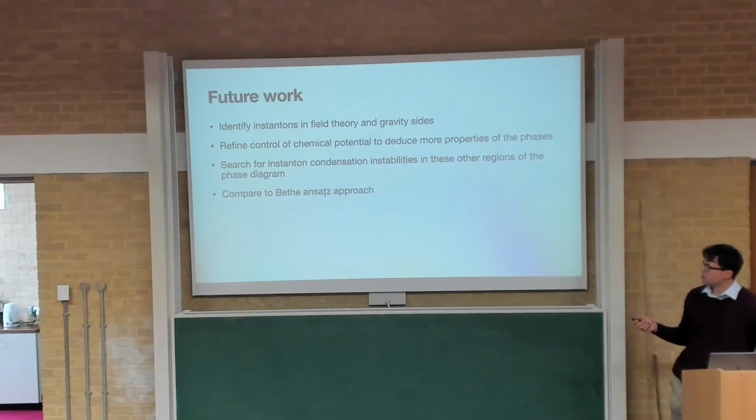I think since people hadn't realized this instanton instability before in this model, it's possible that there are other setups where this kind of instanton instability is present, and it would be interesting to look in other models as well to see if it's there. And also I'm very interested in comparing what I found here to the beta ansatz approach and seeing how it lines up with their explanation, and why instanton condensation in this approach seems to compare to Stokes-Saddle competition in the beta ansatz approach.